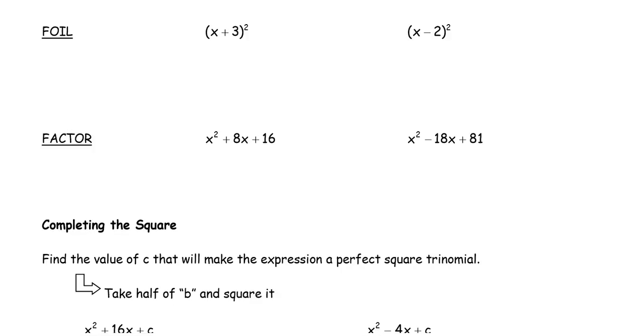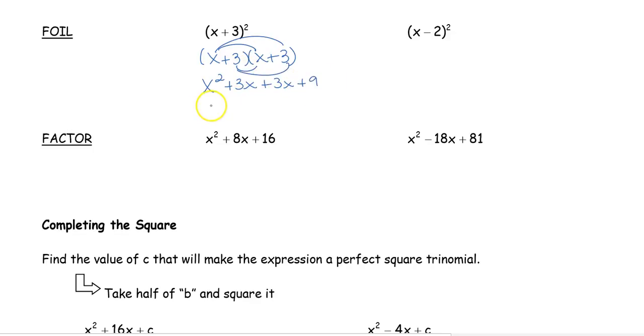So there's a couple of things that I want to review that's going to be helpful when writing our equation. First, reviewing how to FOIL. We have this quantity (x plus 3) squared. That means we've got (x plus 3) times (x plus 3). It's that quantity 2 times. We distribute: x times x is x squared plus 3x plus 3x plus 9,